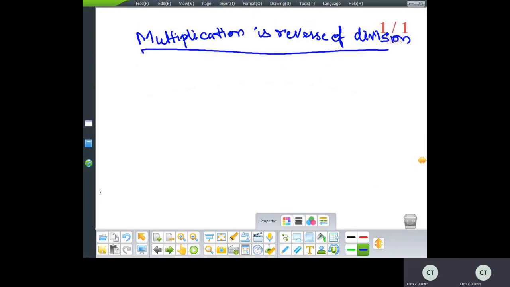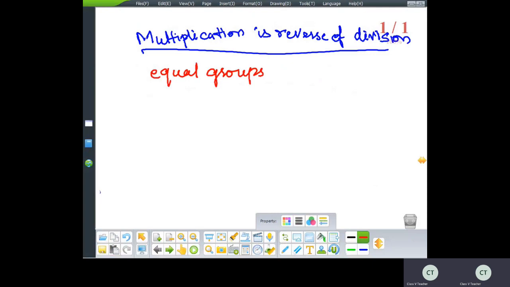Let us go on with this point now. See here, in multiplication and division, when there are equal number of groups. As I told you, if you have 4 rows and in each row there are 7 benches, each row should have 7 benches, not more or less. It should be exactly equal.